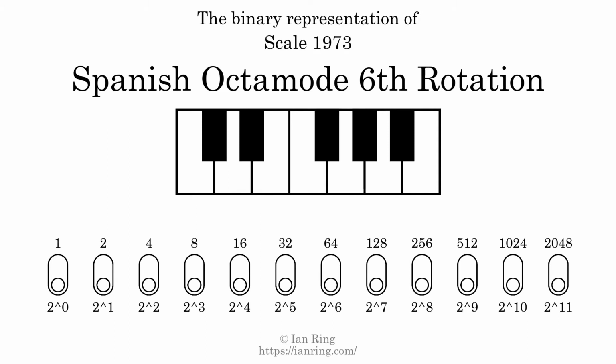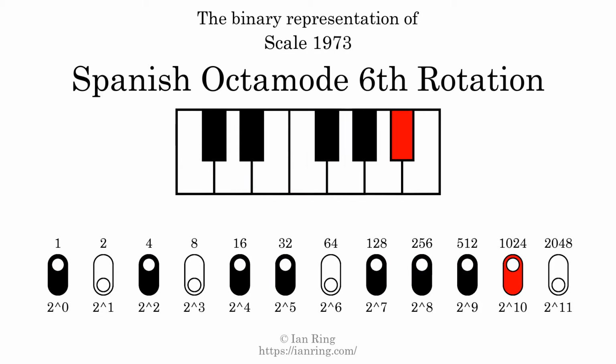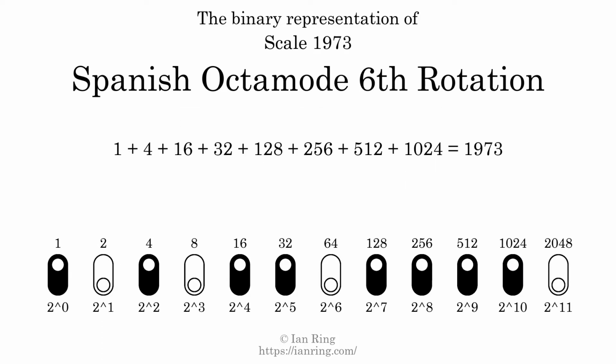The binary representation of this scale is determined by mapping tones of the scale to binary digits. Each binary digit represents a power of 2. To get the scale number, we add the powers of 2 together. The powers of 2 that are present in the scale, all added together, equals 1973. That is why the scale number, in decimal, is